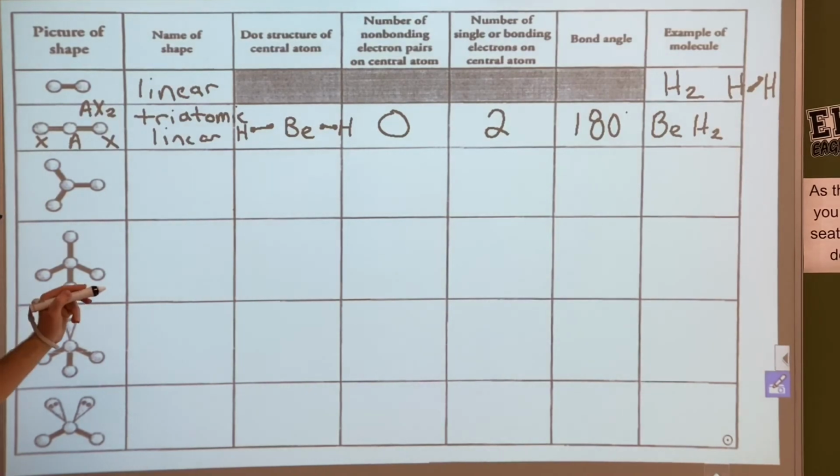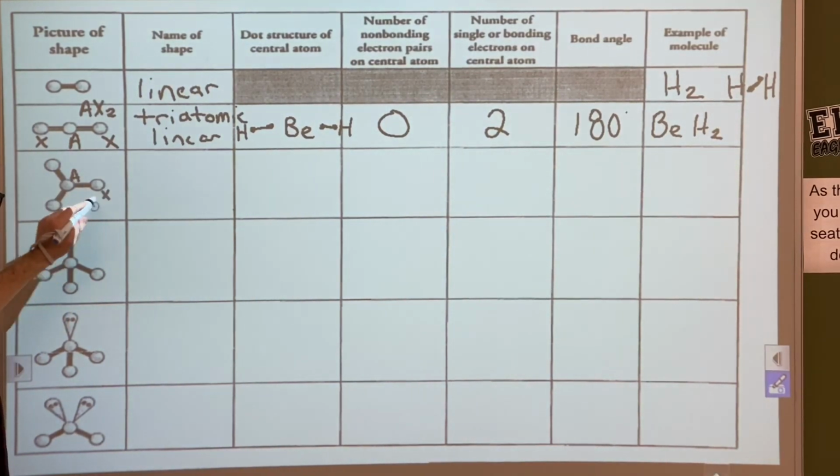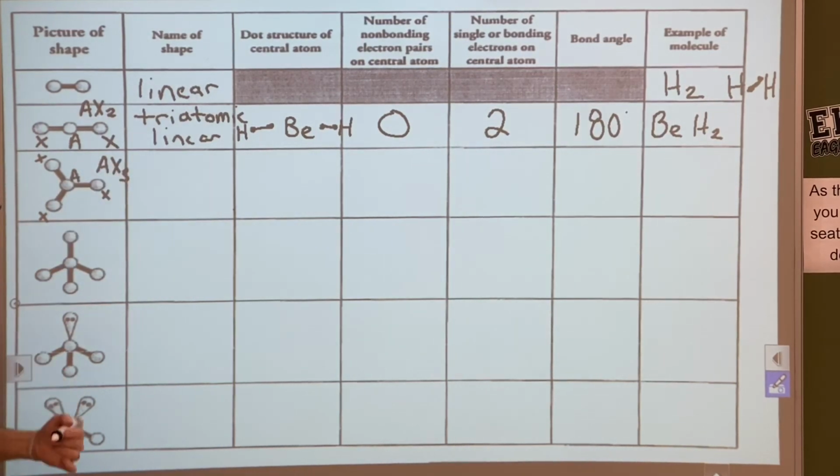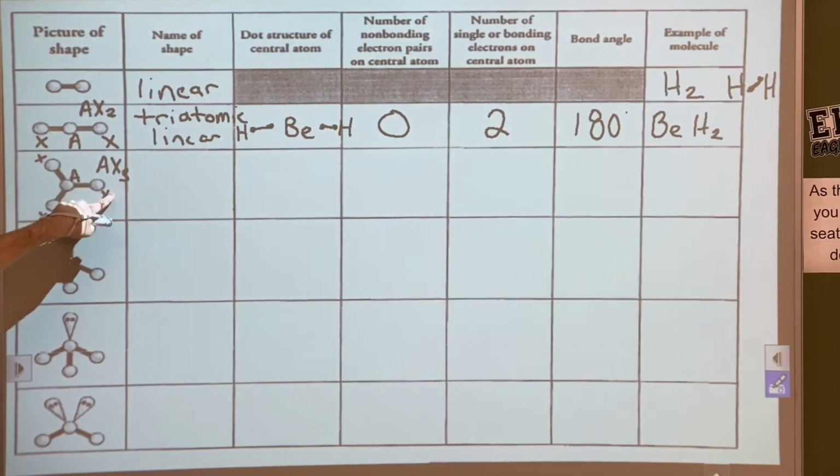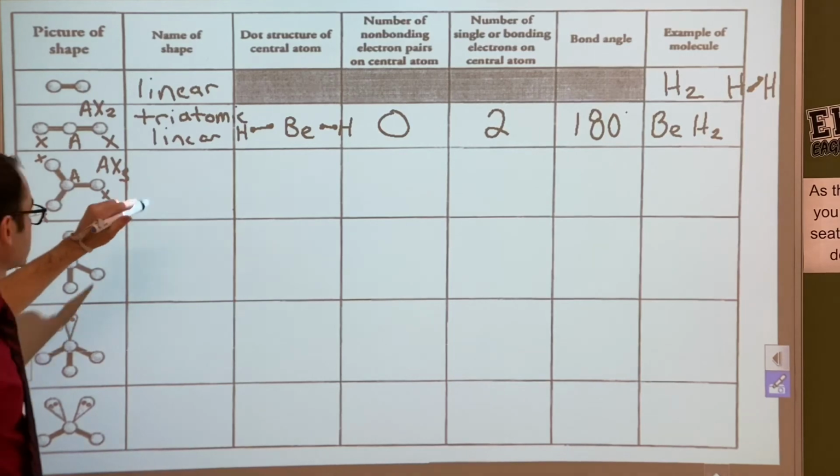Does it have an A? Yeah. Does it have an X? Yeah, how many? 3. So every time you have 1 A and 3 X's, it's going to have this shape. So we're going to call this AX3. All right. And there's 3 external atoms here, right? There's 1, 2, 3, and then there's 1 in the center. So we're going to call this